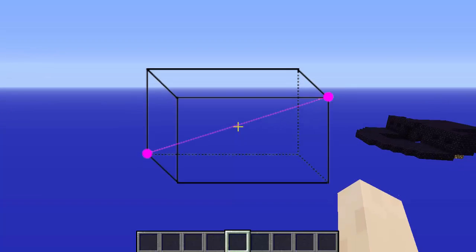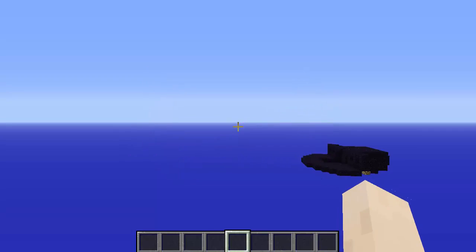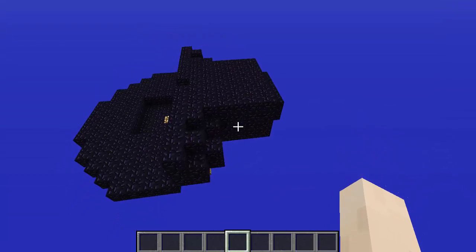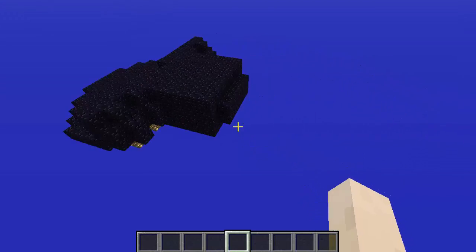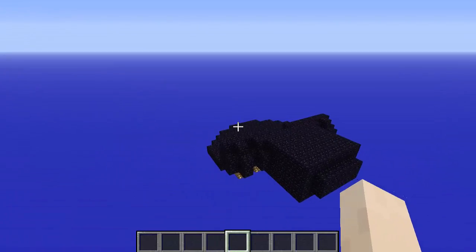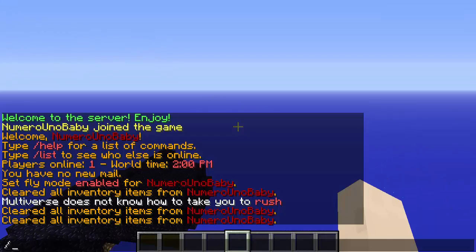So just imagine it as a rectangle, and we're gonna have to select 2 corners so it selects the whole area. So first I'm gonna fly to my top corner that's on this side. Just make sure that you get out some far ways so that you cover all that area, and just type the command